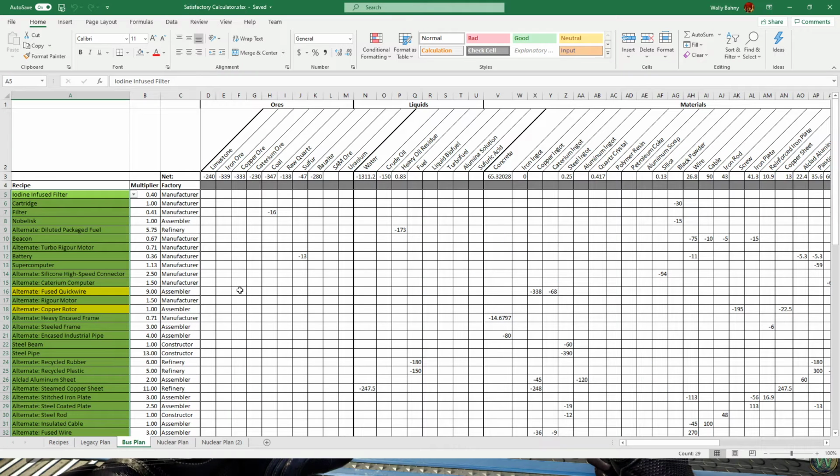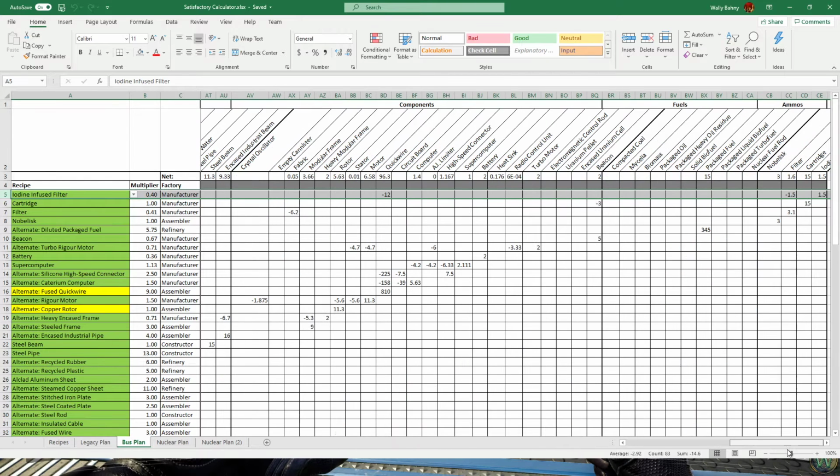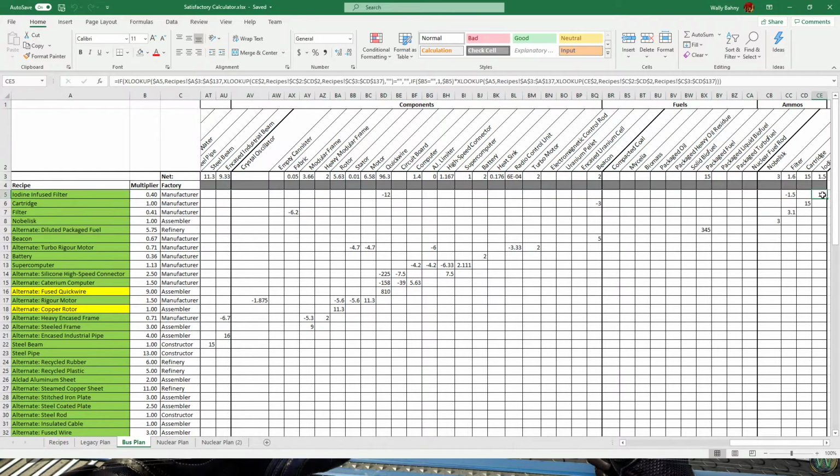And then I created this tab. And what this tab does is it does a lookup so that I can pick a recipe from a drop down here, and then I can type in a multiplier. And this is the number of machines that I want to produce the item. So for my final base, when I'm totally done with the base, I want to have 0.4 manufacturers making iodine-infused filters. That'll output 1.5 filters per minute, which is really honestly a ridiculous number, but I'm doing